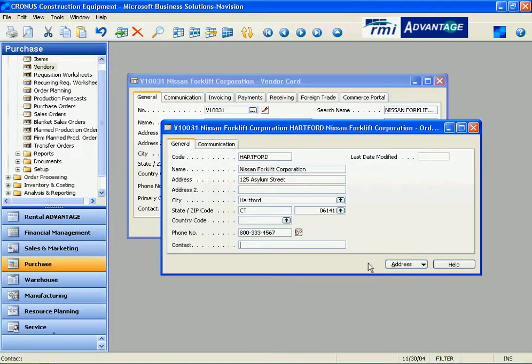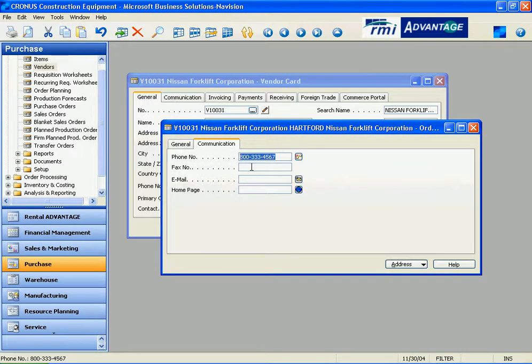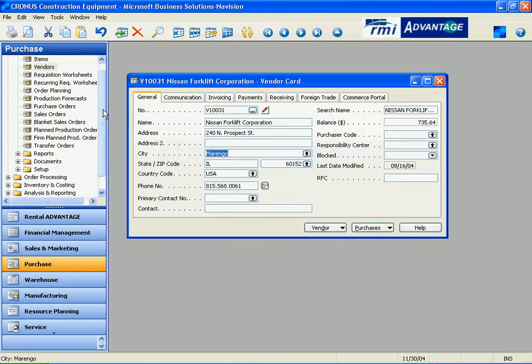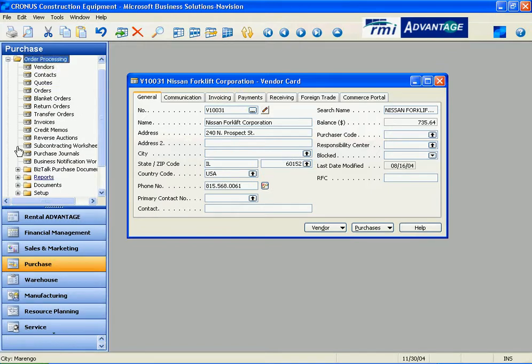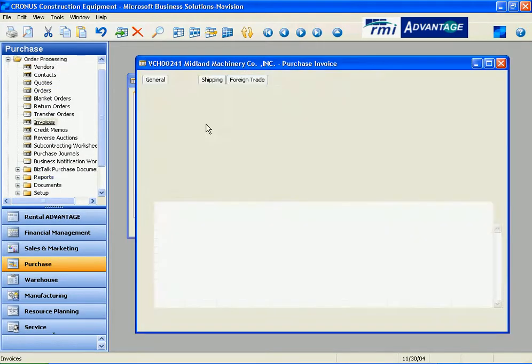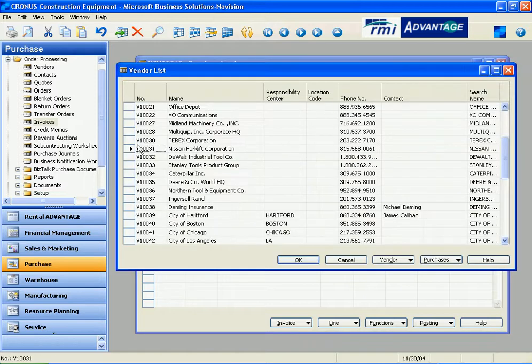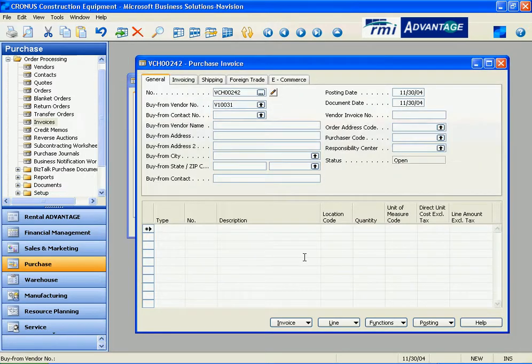And also, I could put in a different contact if there was a different contact here. I could also fill in any communication information that might differ, like fax number, email, and home page for this different address. Now, just to demonstrate how this works, if I close out of this window and I create, let's say, a new purchase invoice to Nissan Forklift Corporation, okay, I'm going to choose Nissan Forklift Corporation in this particular